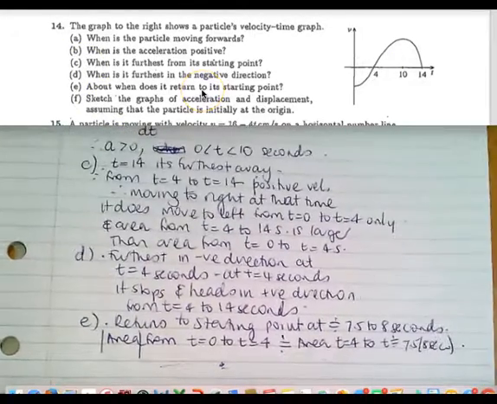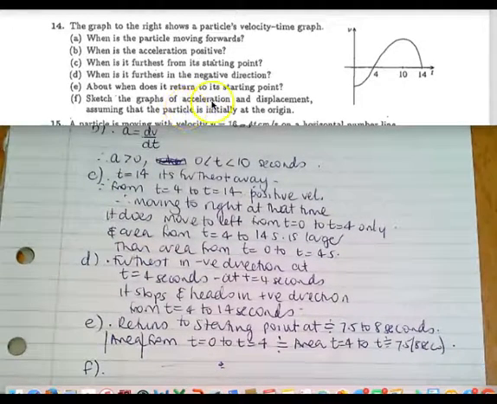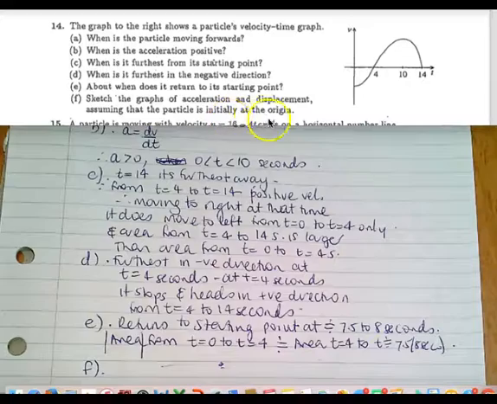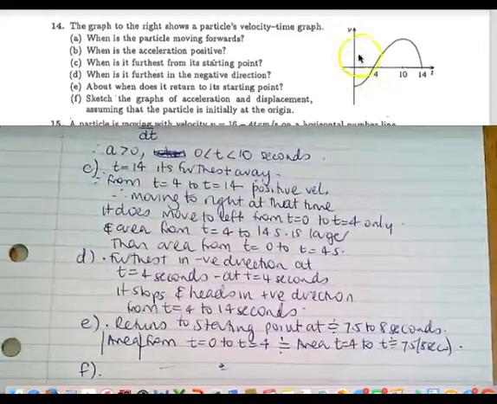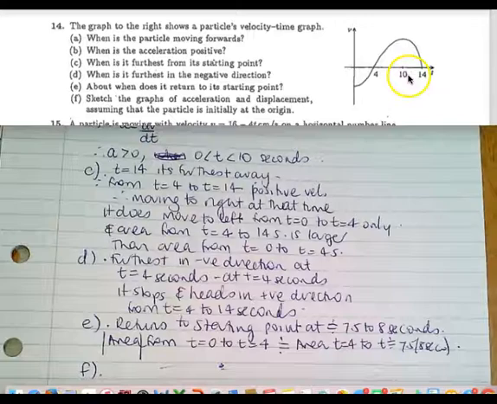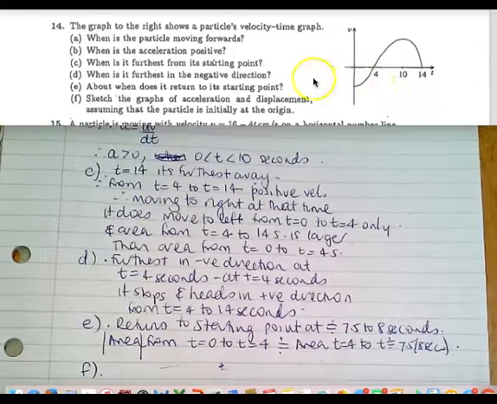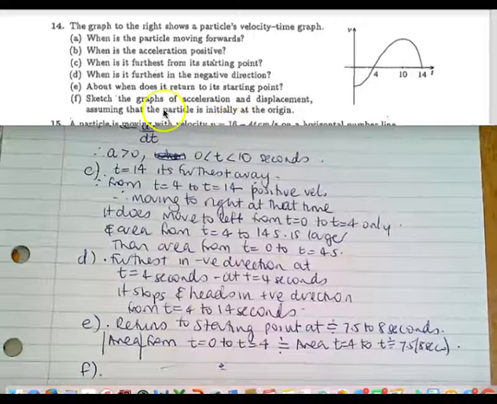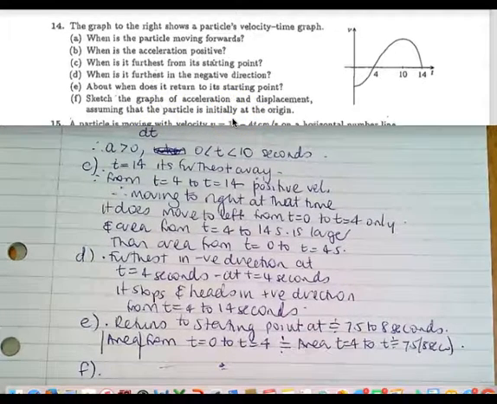Now, on part F, it says to sketch the graphs of acceleration and displacement. Oh, now it is saying assuming that the particle is originally at the origin. The reason we didn't know before is that when you integrate velocity, you'll get the displacement curve plus c, and we didn't know what the constant was going to be. But they're saying that the particle is originally at the origin, and we have to sketch the graphs of acceleration